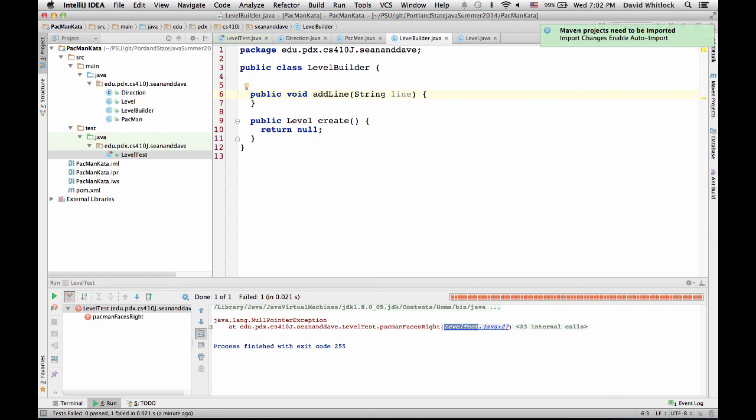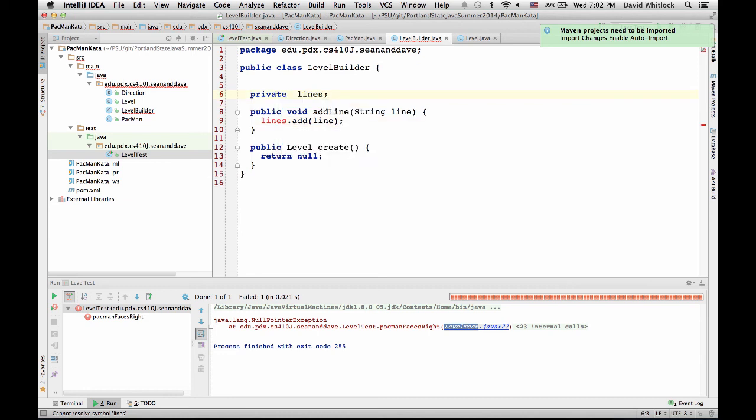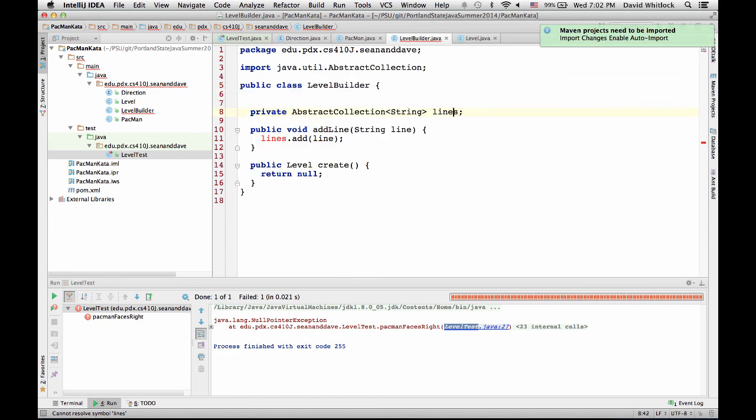Okay, so add line. We'll just say lines.add line, and so we're gonna have collections for the lines. Create local variable field lines, and this is going to be abstract. Fine, we'll fix that. So let's have it be a list of strings.